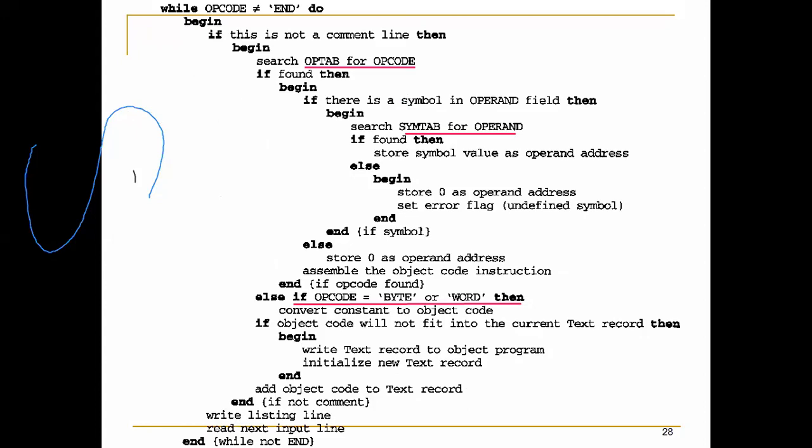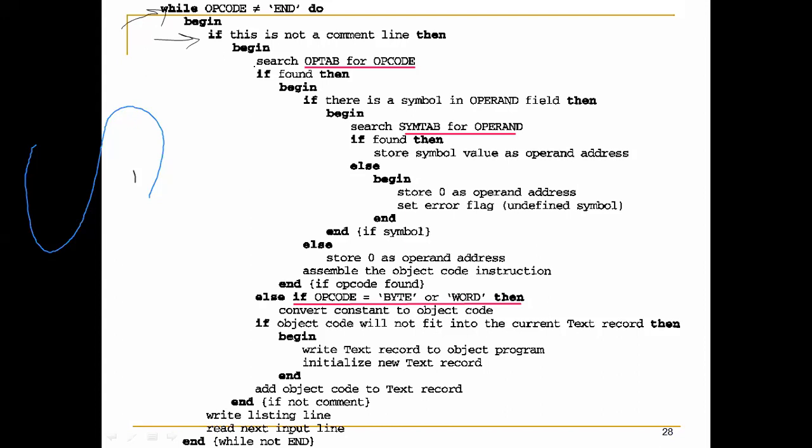Now once again, where is the object code? Obviously it is present in the program itself until the end assembler directive. So while opcode is not equal to END. Once again, we don't process any comment lines from the intermediate file if there are any left.